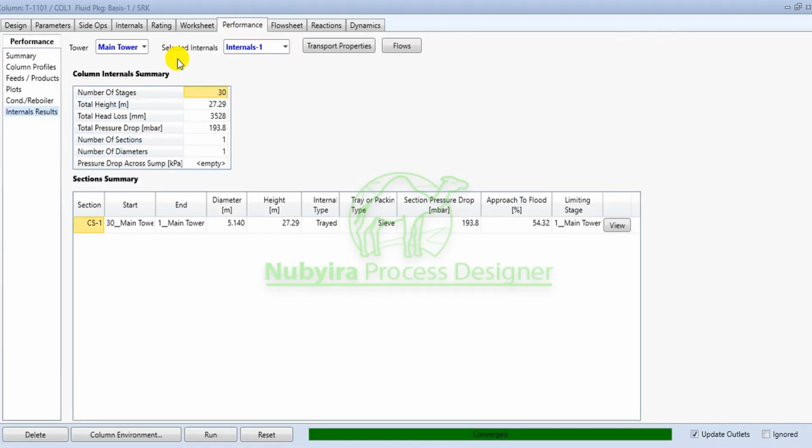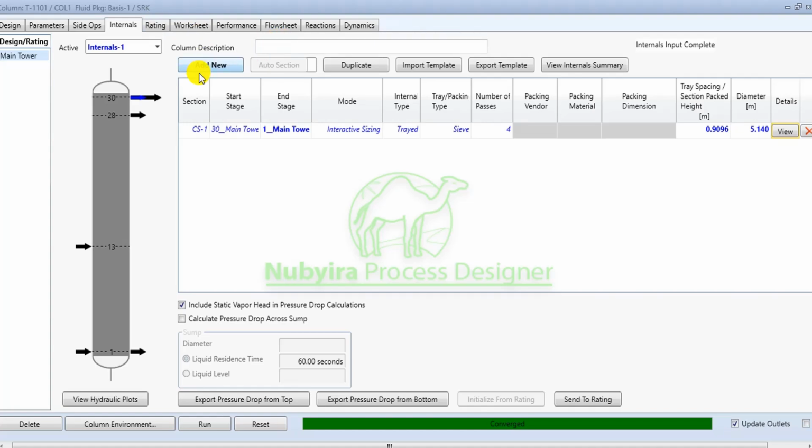It's also the internal result from the distillation column that is exported from the internal page, internal spread over here. So, and you can duplicate this section again, you understand, and check the result, then choose the one that you want to use. So, and for example, you have the